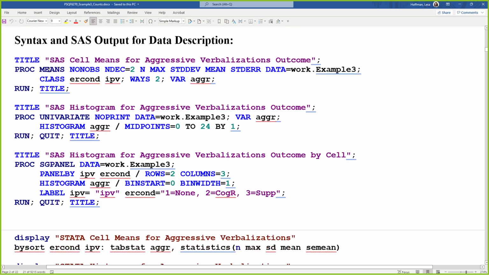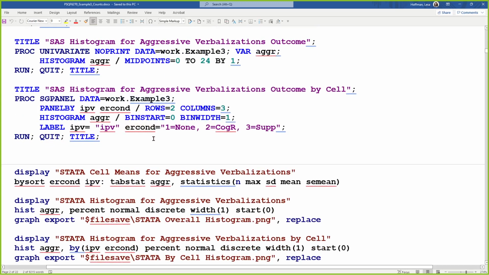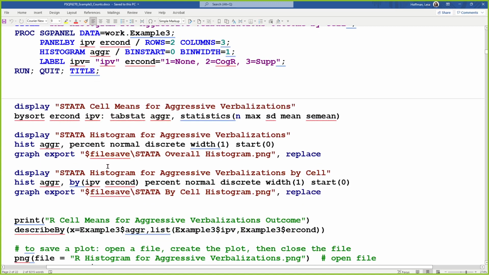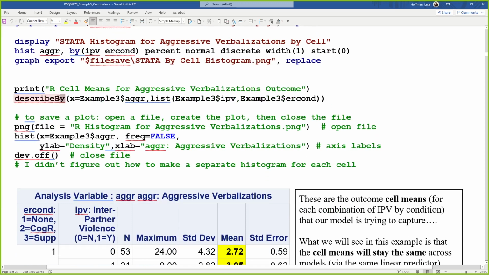So first thing, descriptives. I looked at the mean for the outcome across the 2 variables that create my 2 by 3 combination. So there's 6 different cells, as they would be called in ANOVA language, 6 different unique combinations of these two, and I made pictures for that, so that's where the histograms came from. I figured out how to do those things in Stata using bysort, so you can get summary output per condition by sticking this in front. And in R, I was able to use the describeBy function, but I wasn't able to figure out how to get the same histogram broken down by cells. So if anybody knows how to do that, please send me the code.